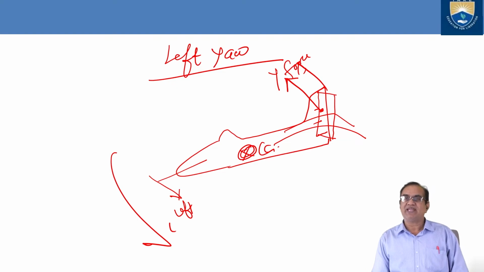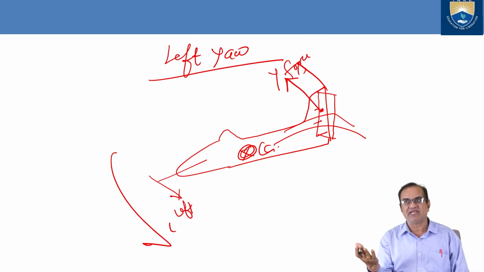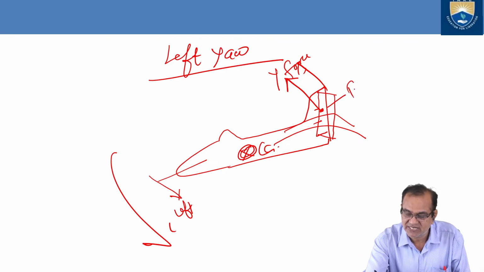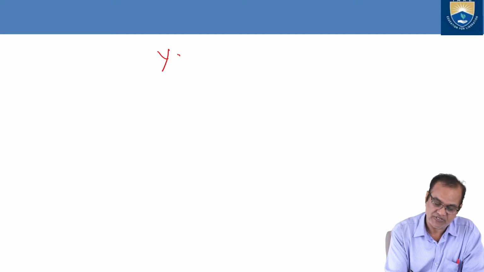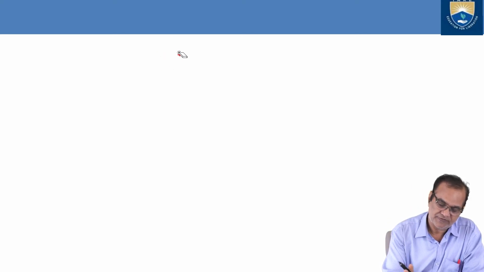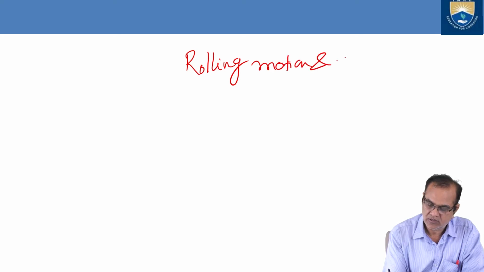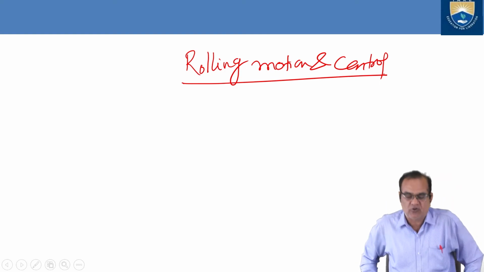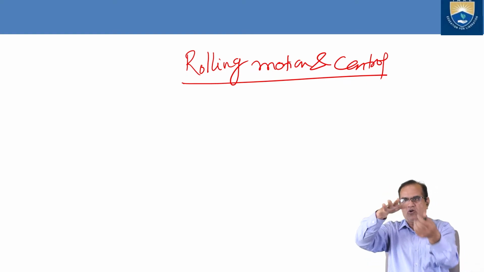So I have explained about the yaw, and also I have explained about the pitching. Pitching is done by the elevator, and yawing is done by the rudder. I think this is clear now. Now I will discuss the rolling motion. Rolling motion and control. So if I am flying an aircraft like this and I want to roll like this,